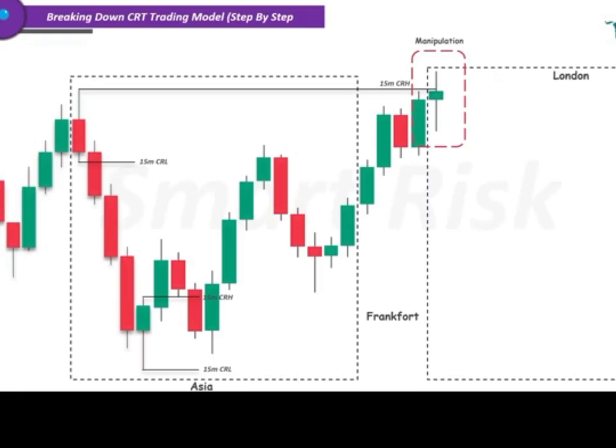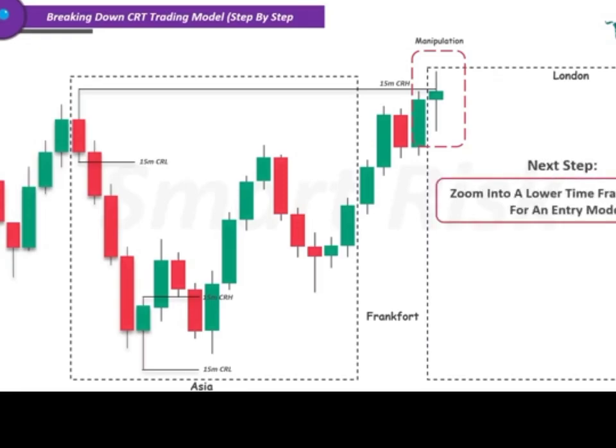From there, we zoom into a lower time frame, such as the 5-minute or 1-minute chart, to track the higher time frame delivery and look for reversal confirmations. This is where your entry model must appear before opening a trade. At this stage, if I'm using the 1-minute chart, I usually prefer to look for an inversion fair value gap forming right after the liquidity sweep. But if I'm using the 5-minute chart, I prefer looking for a breaker block, mitigation block, or IFVG that forms